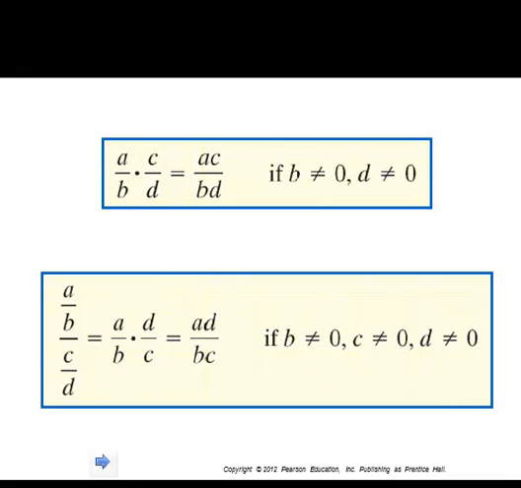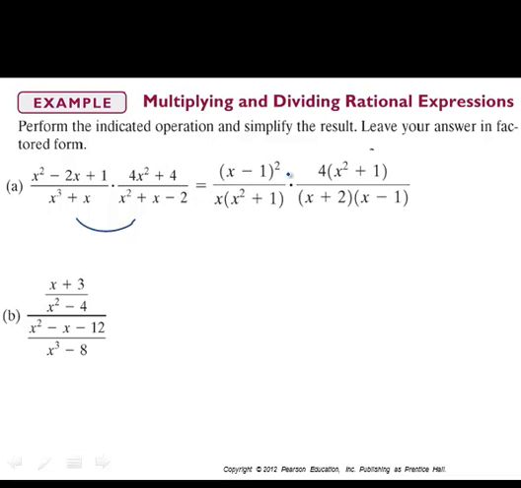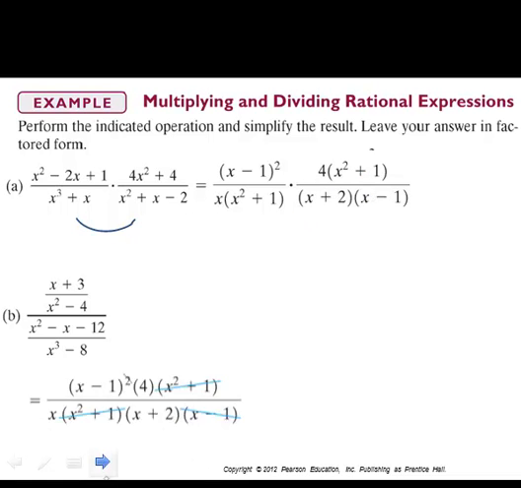Okay? So let's go ahead and see some examples here. In this first example here, we've got the product of these two rational expressions. And we can go ahead and multiply the numerators and denominators, but we know that we're going to have to cancel any common factors. So go ahead and factor everything and then identify any common factors. So notice that the x minus 1 is common to both the numerator and denominator. Notice that the x squared plus 1 is common as well. So you'll cancel those,